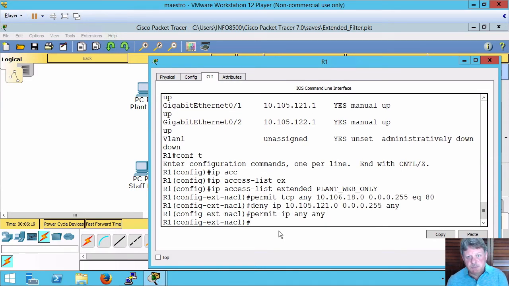Okay, the access list is built. There are a few statements. First one is creating the access list itself. We specified extended, and the name is plant web only, as you can see here. The first statement says we're going to permit for protocol TCP any source IP to the destination network where the server exists. Again, first three octets